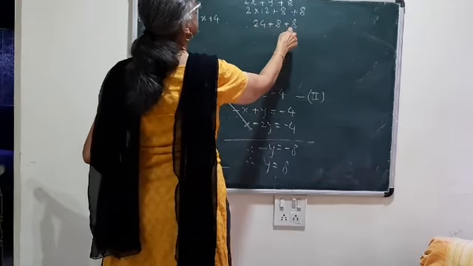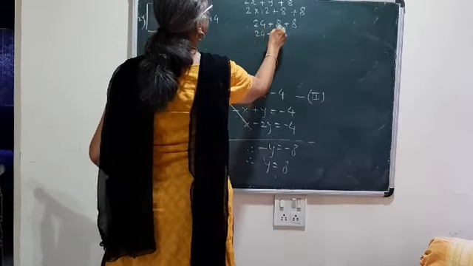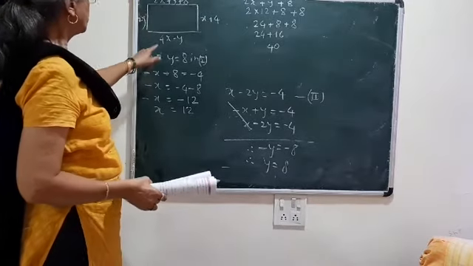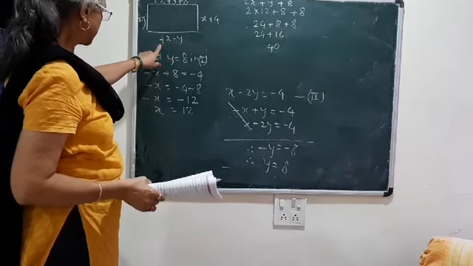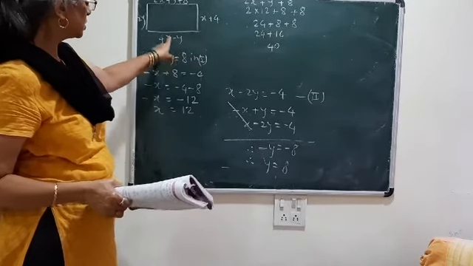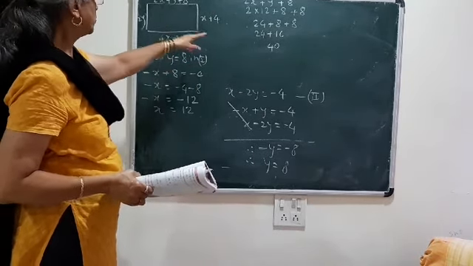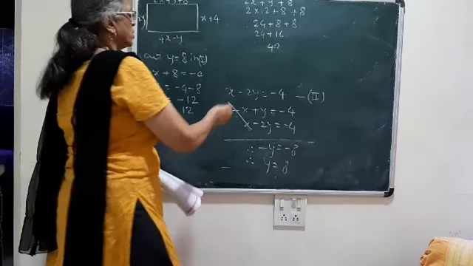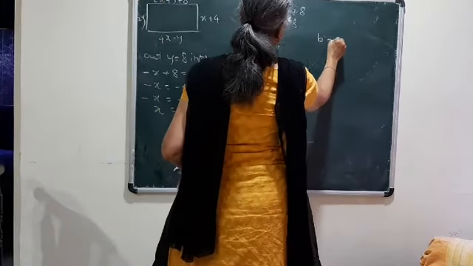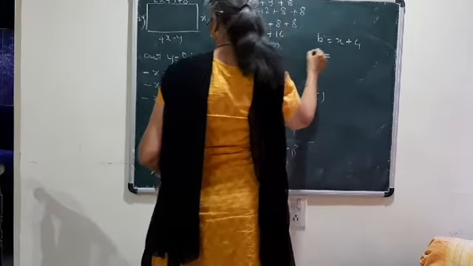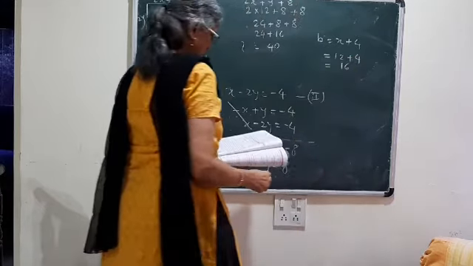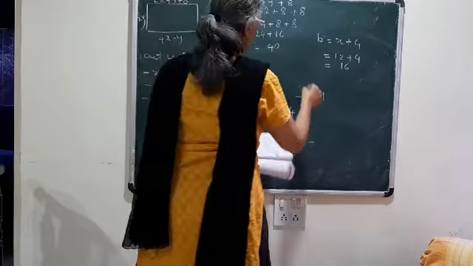How much will it be? 16 plus 24. So it will be 40. And if you do 4x minus y, 4x will be 48 minus y 8, that will also be 40, therefore it is not necessary to do. Followed? So here the length of one side, that is length, will be 40. Then breadth x plus 4, that is equal to 12 plus 4, that is equal to 16. They have not given the units, so we are going to write units.